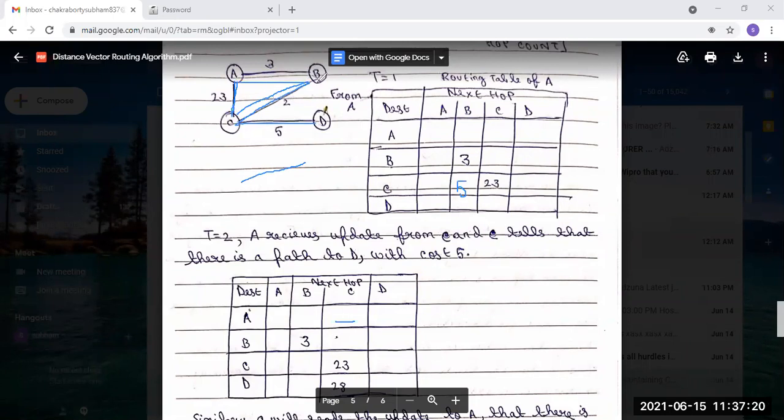So what will the next stop be here? The next stop will be B. And what is the destination now? The destination now is D. So in the case of D, the next stop is B, the value is 10. So that's how we will put the values here.